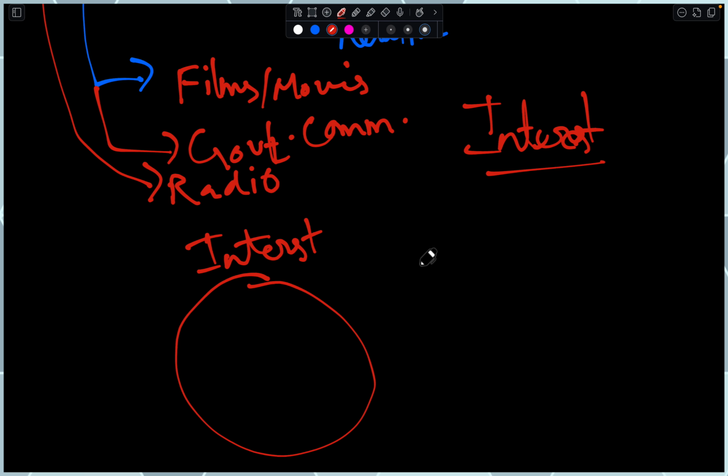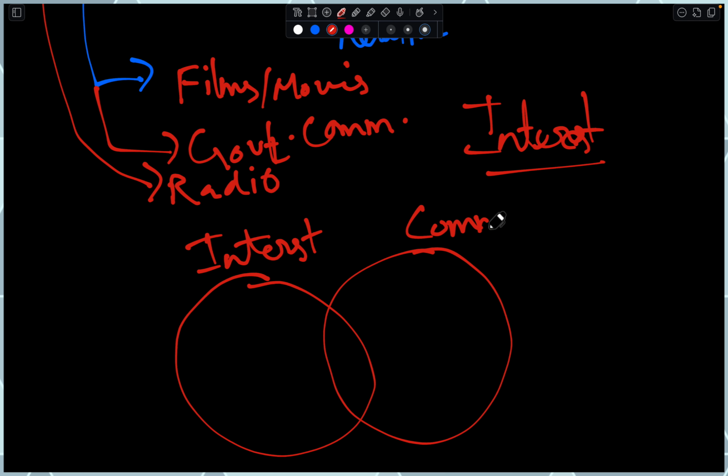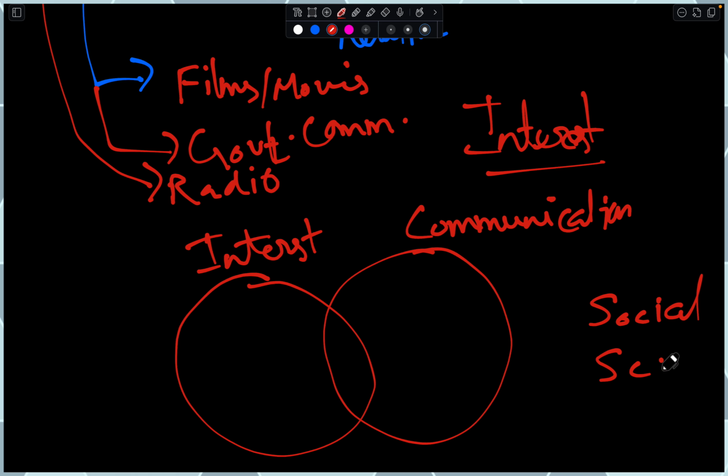And then you have communication. If you want to pursue research in the field of communication, you can choose the field. Especially this works in social science. Of course, you cannot work with this in scientific research. You can to a certain extent, but mostly it might not be possible. But you have your interest, then you have communication, so you just have to find something that falls within this area.